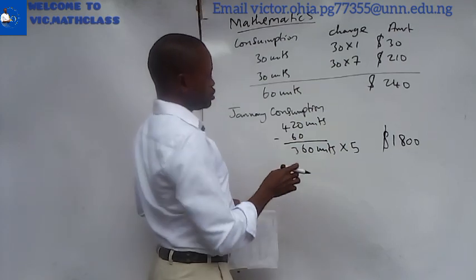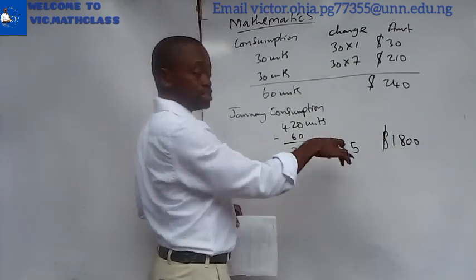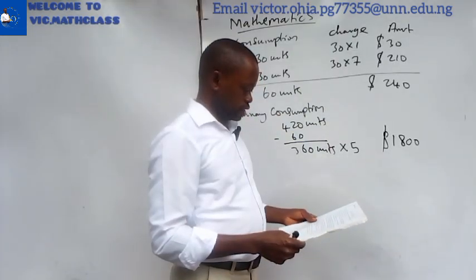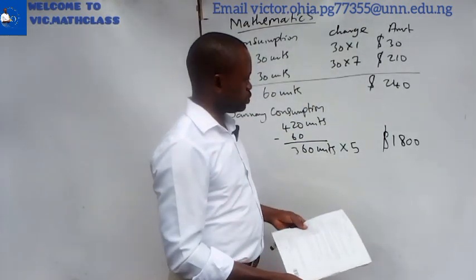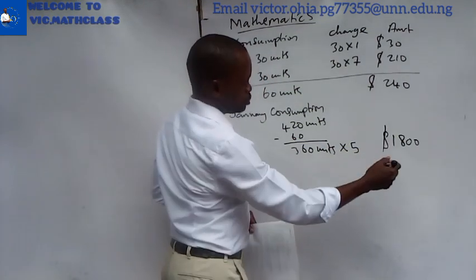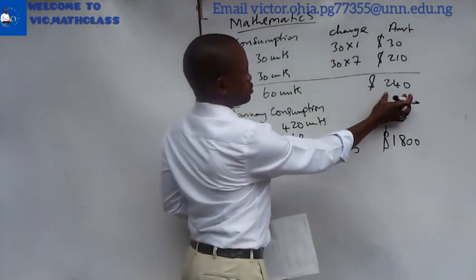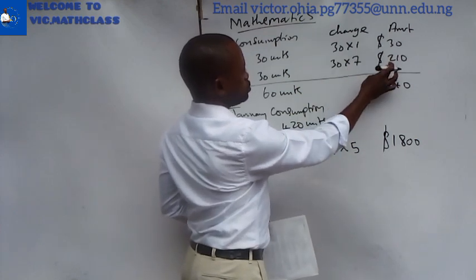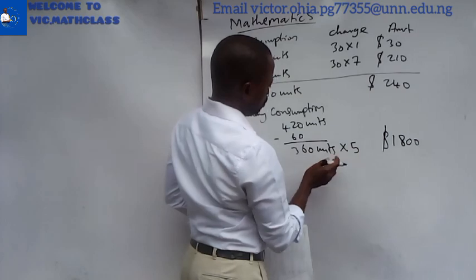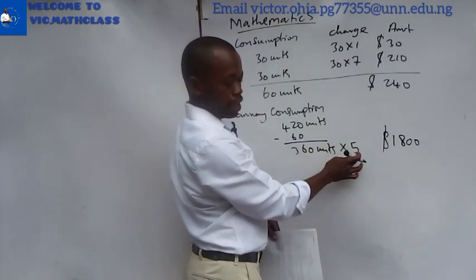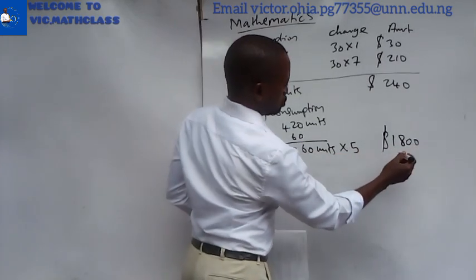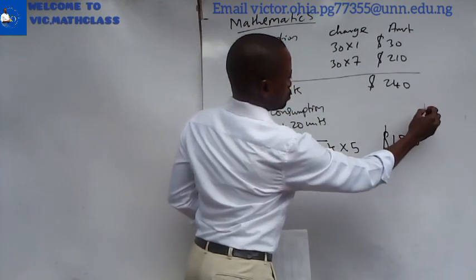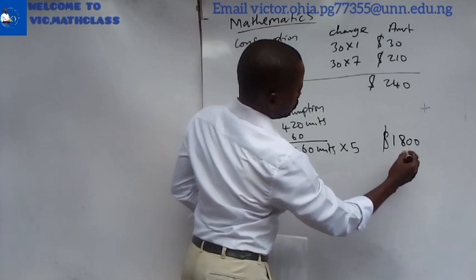$1,800. That is what this person paid for the extra consumption after consuming the first 60 units. So we realize that the actual amount this person paid in January is the amount generated from this unit of consumption, total of which is this, plus this unit of consumption at this cost, total of which is this. By the time we add these two things together, we now have this plus